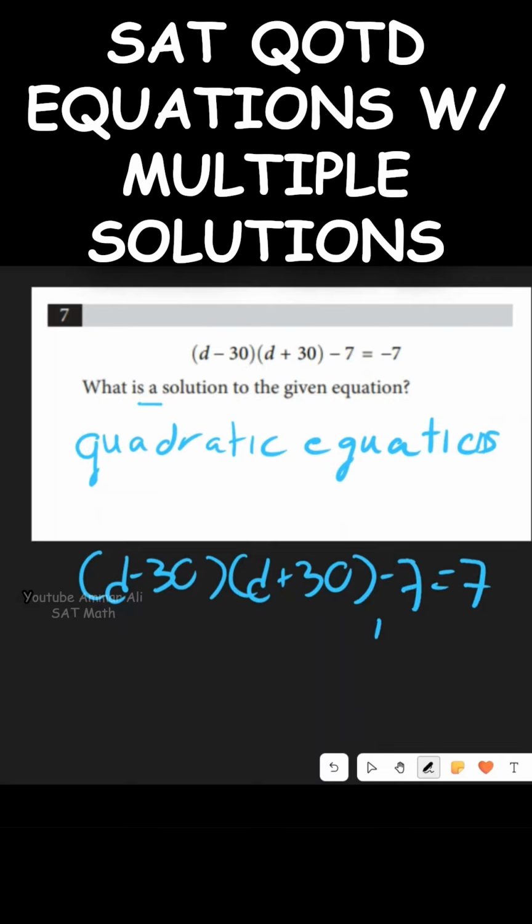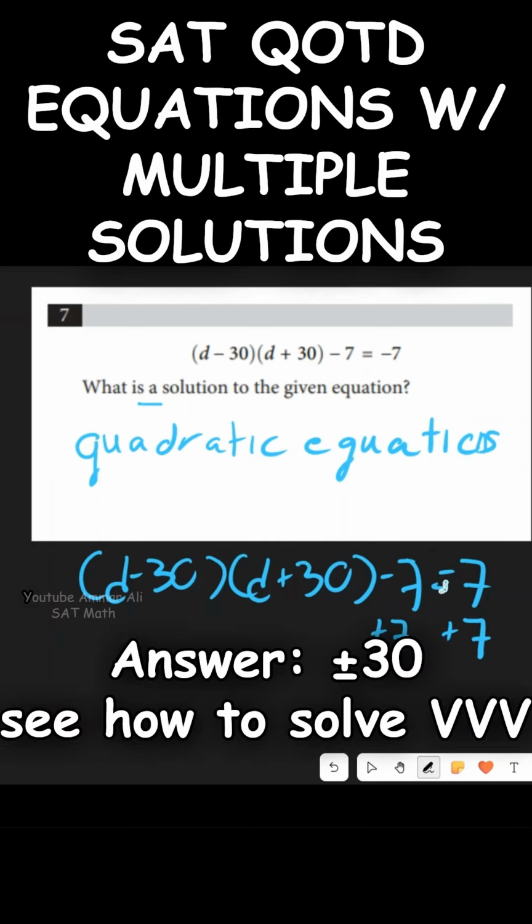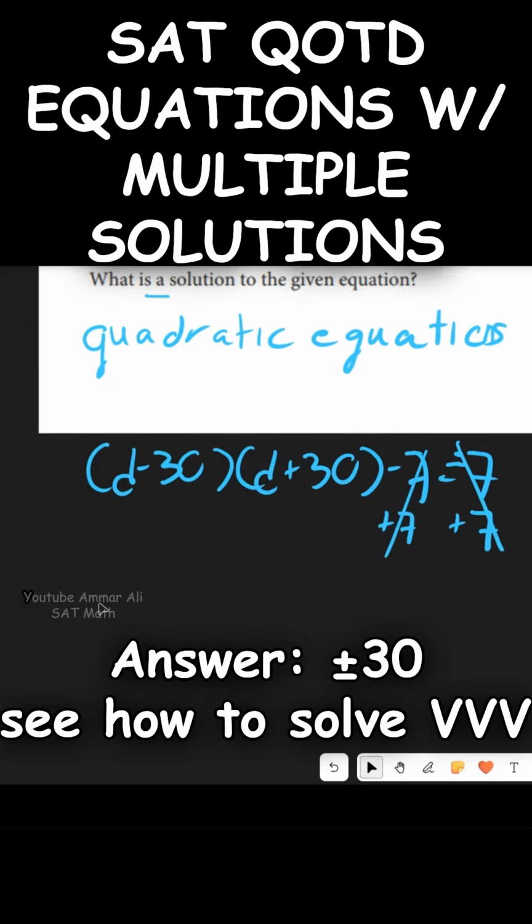Now we just need to add 7 on both sides. And once we add 7 on both sides, oh, that's a minus 7, right? Yep, so then this cancels out, and then this minus 7 cancels out. So we will then have, if I go down a little bit further, d minus 30, d plus 30